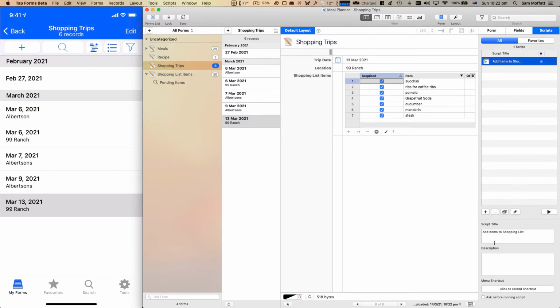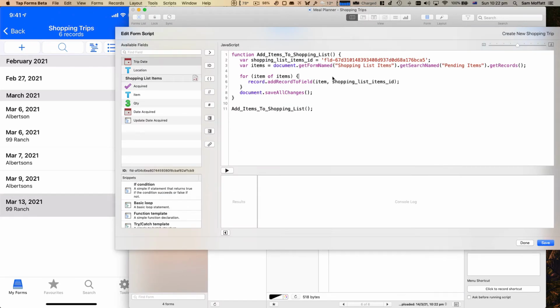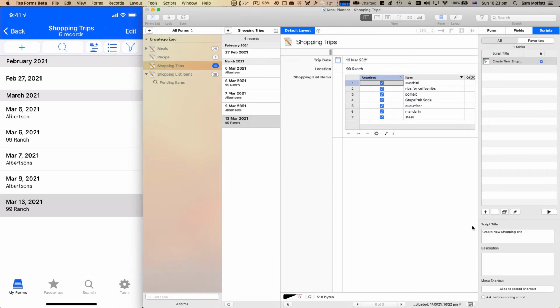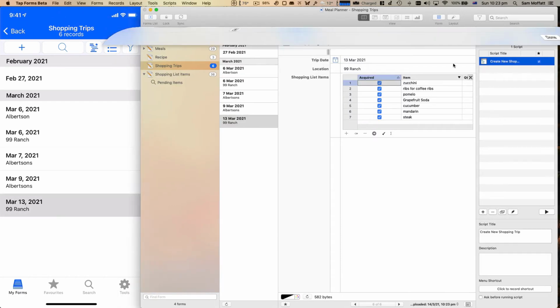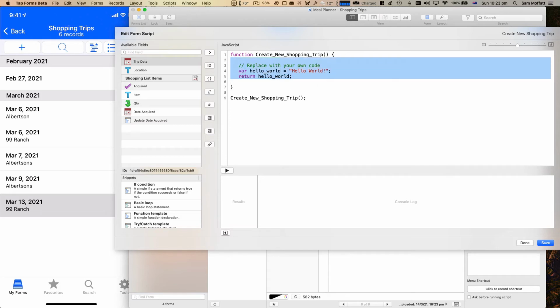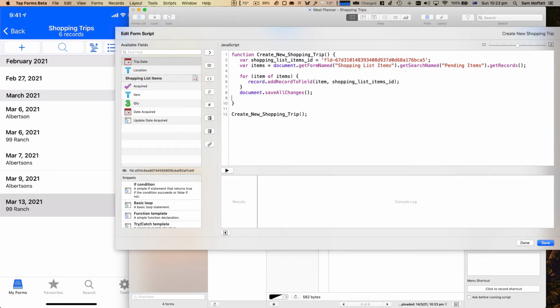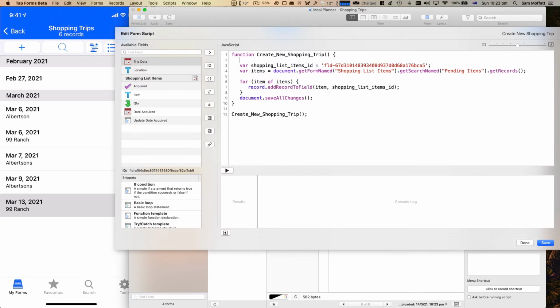Our second change is we're going to change add items to shopping list to create new shopping trip. What we'll do is delete everything that's there, hit save, and that's going to cause Tapforms to regenerate my placeholder text, and we'll just paste that back in and delete some of that. This is really kind of cosmetic, if I'm honest, but what we'll do is create a new record,